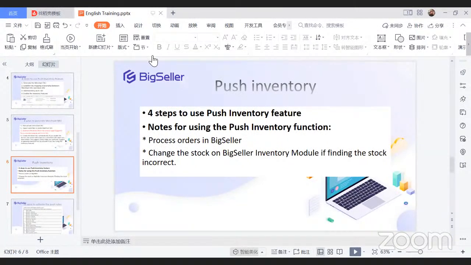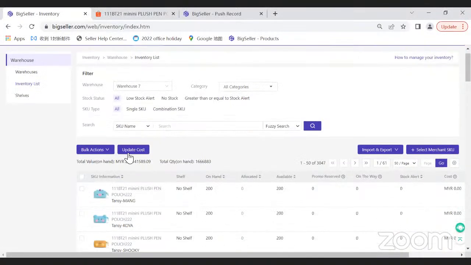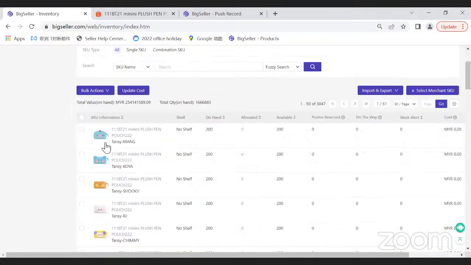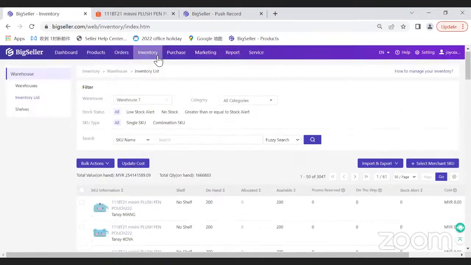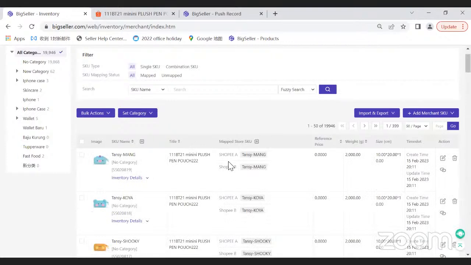You can do it by manual stock in, stock out, or stock count to modify the stock of the merchant SKU,